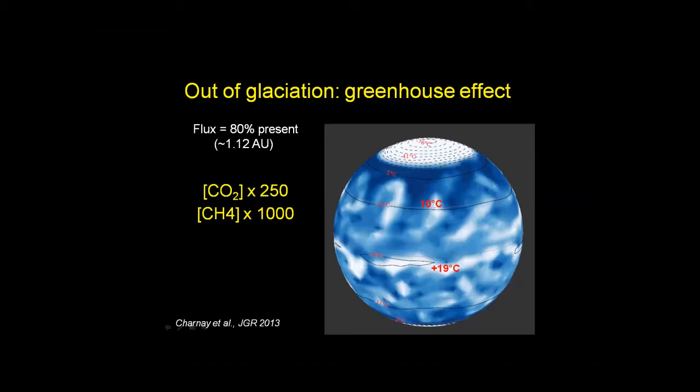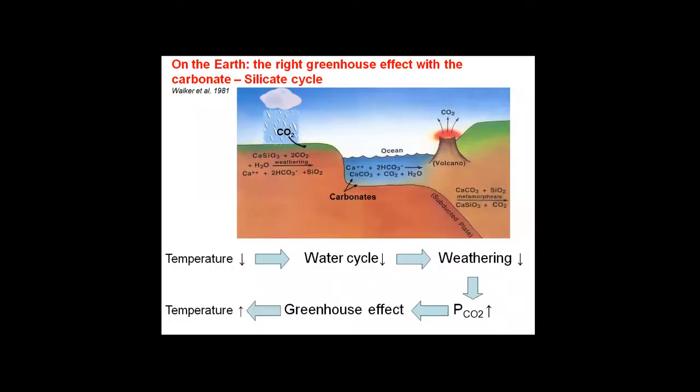What's interesting, and what Jim Kasting has always put forward, is the idea that on the Earth, the climate must have been controlled by the right greenhouse effect through the carbonate-silicate cycle. I suspect that you have already had a lot of details about that in Diana Valencia's talk. I repeat the idea. The concept is that if you have an atmosphere with some greenhouse gas, and